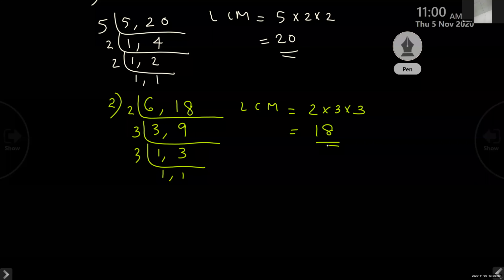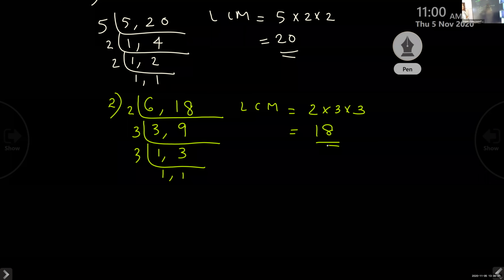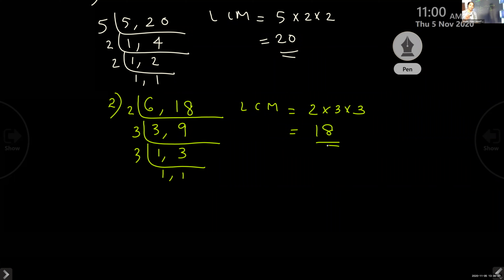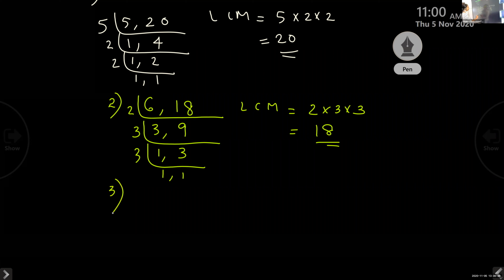If we do the LCM with any two numbers which are there in the same table, the lowest. So if one number is the factor of the other, when you multiply the small number with any number, if you get the big number, then that big number, large number, greater number will be the LCM. Okay, so without doing, you can find it.